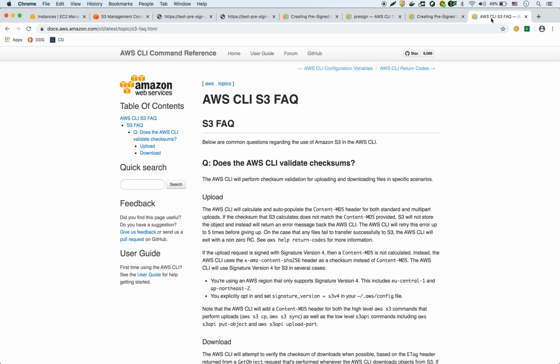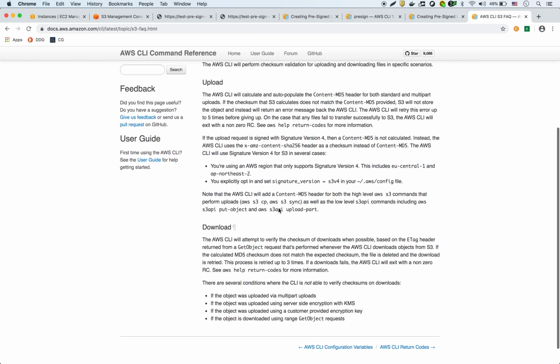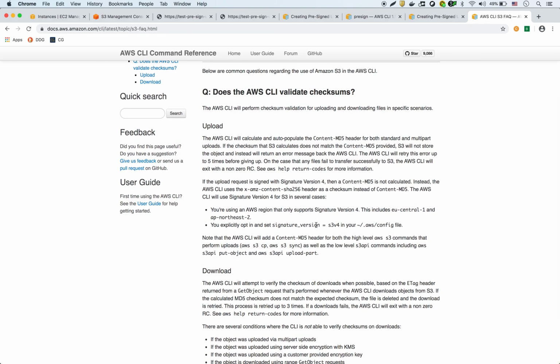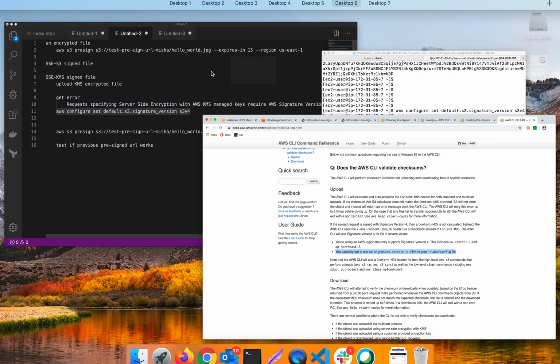And I found some documentation on this here, which I'm going to include. If you see here, you can explicitly opt in and set signature s3v4 in your AWS config file. Okay, so you need to do this. You need to have signature version 4 if you're going to have KMS encrypted files. So now that we have that set up for KMS encrypted files,